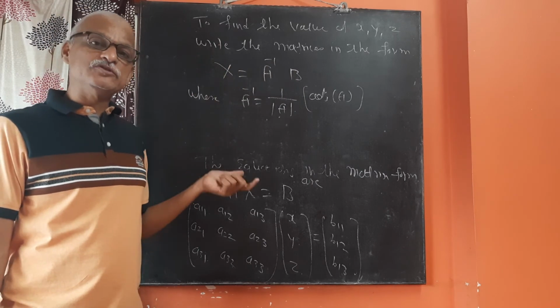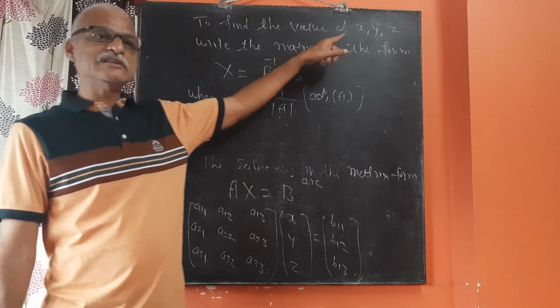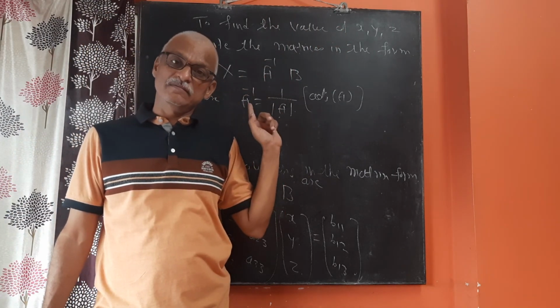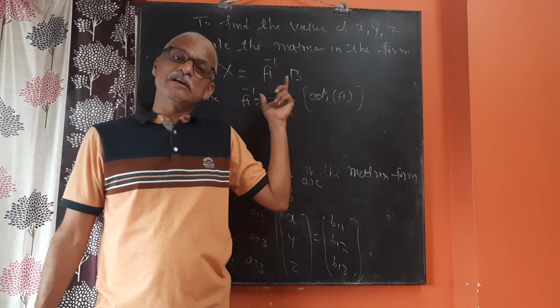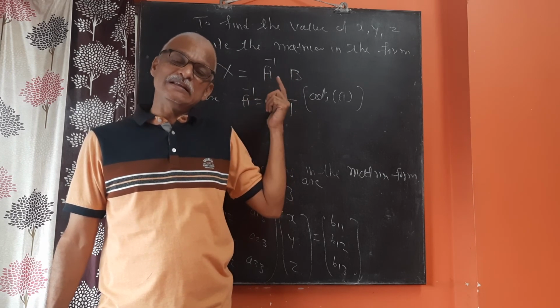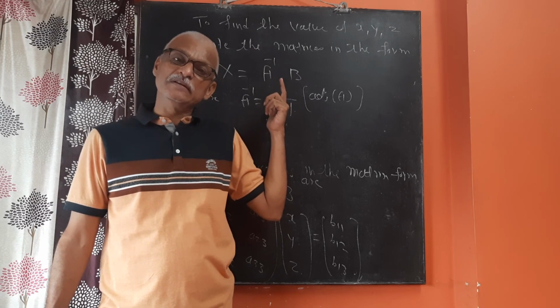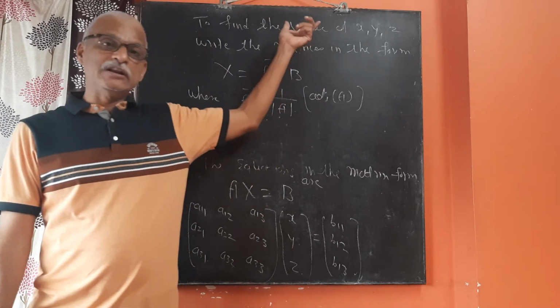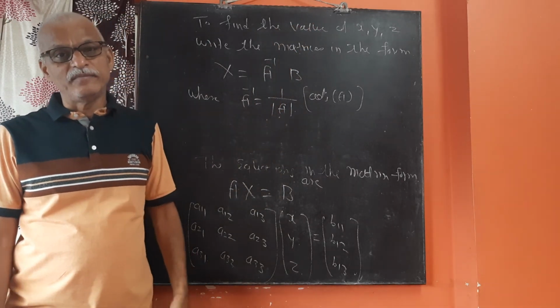This is the complete procedure to find out the value of x, y, z by the matrix method. I am saying by the matrix method. On this, a complete 6 mark problem comes. We will solve the problems in the next period. That's enough for today. I hope while coming for the next period, you will revise all these concepts. Thank you.